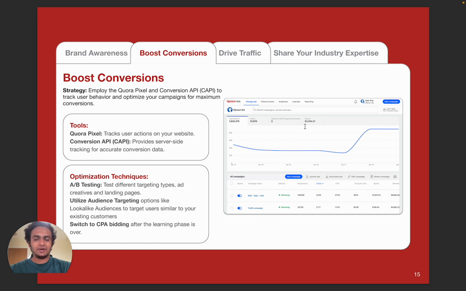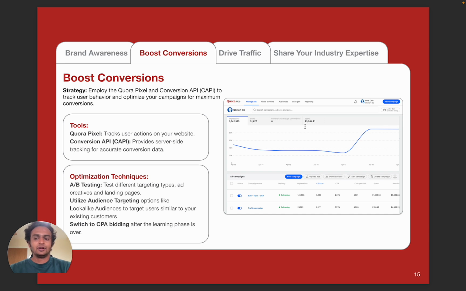In terms of the optimization techniques, we definitely recommend you to try out different targeting methods if your objective is conversions. For example, we would definitely recommend you to have a separate campaign for topic targeting, a separate campaign for interest targeting, and a separate campaign for keyword targeting. You can also utilize audience targeting options.